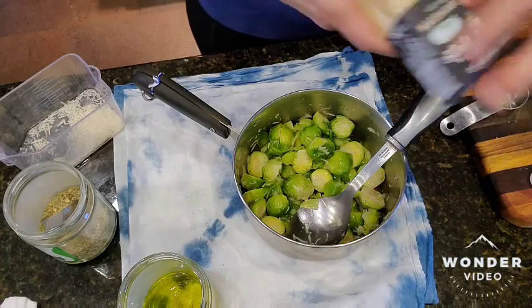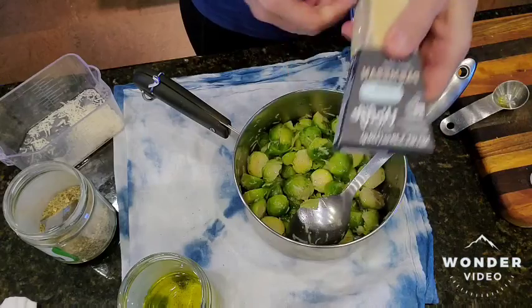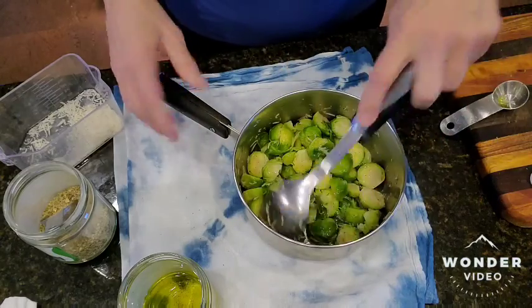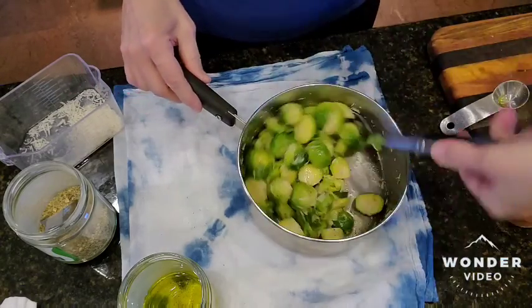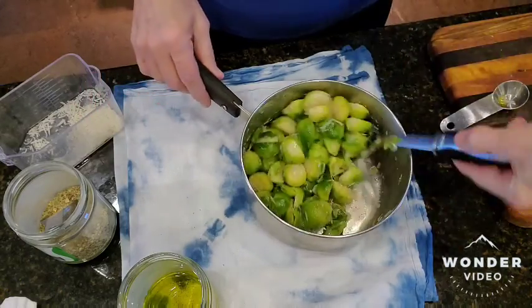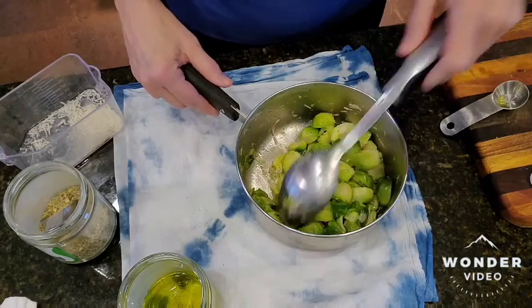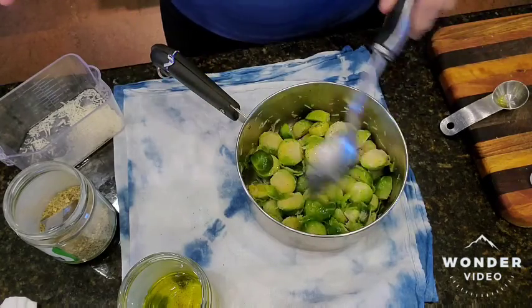And this is the Parmesan I used. If you're dairy-free, OMG, this stuff is the best. You would never know it's dairy-free. If you're not dairy-free and you want to use regular Parmesan, go for it. Just please make sure that it's as raw as possible from grass-fed cows. Not that stuff that's like faux Parmesan. So anyway,